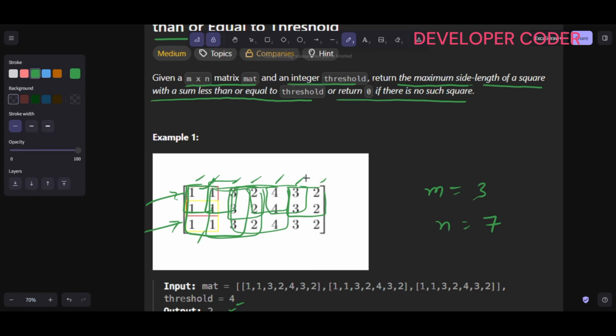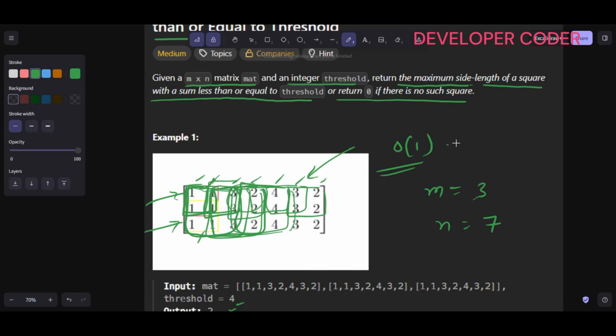So are you going to calculate the sum again and again for all the squares? Here you are iterating 2 into 2, total 4 elements. Here you are again iterating 4 elements, again 4 elements, again 4 elements. In this you are iterating 9 elements, again 9 elements, then again 9 elements. So are you going to solve this problem like this? This is going to be very brute force. So we have to find some optimal solution such that I can get the square sum in just one